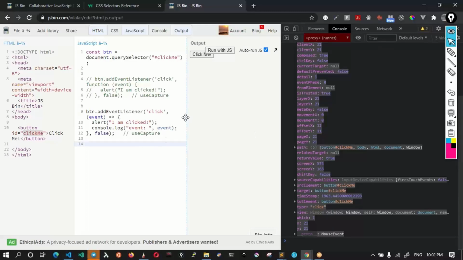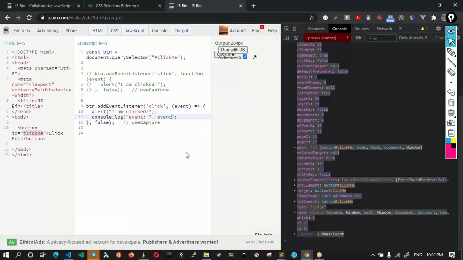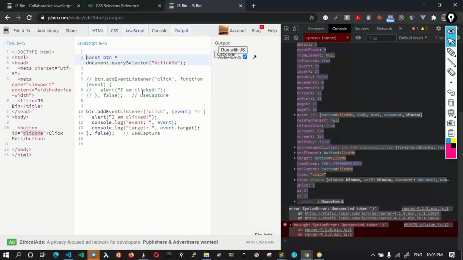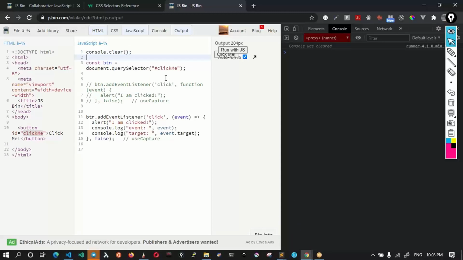But one thing that is very important here is this event has a property called target. Okay, it has a property called target, event dot target. Okay, now this target property is very important. Okay, let's take a look at the value of this target property first. And one more thing I'll do here is just for the sake of keeping the screen clear, I'll put a console.clear here. Okay, so that this console window is automatically cleared for us.